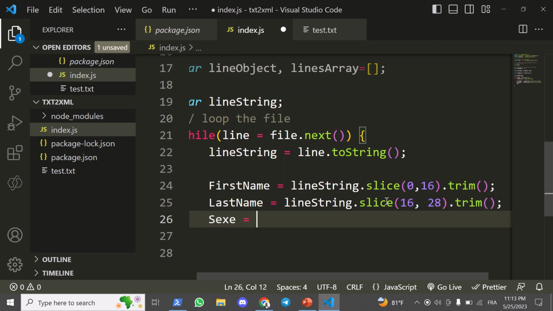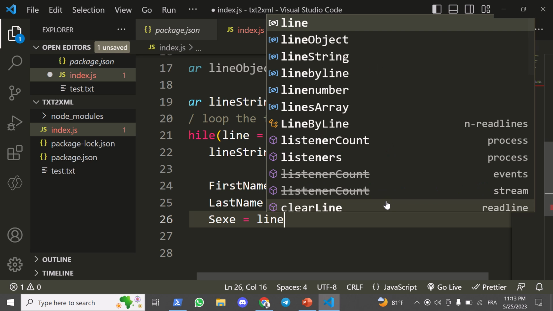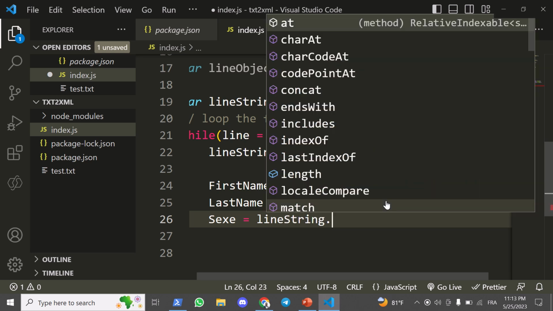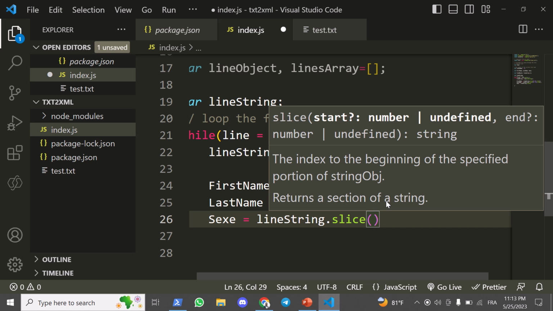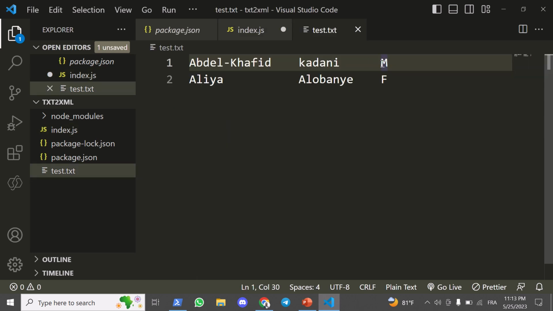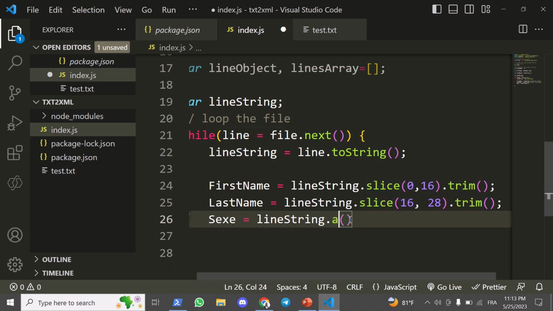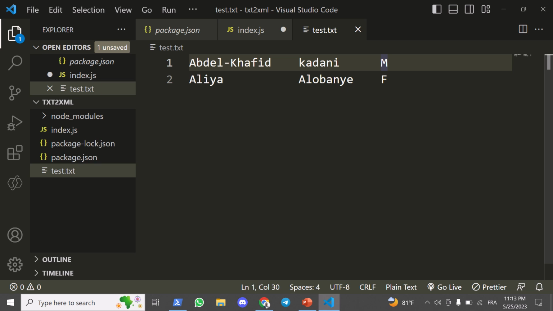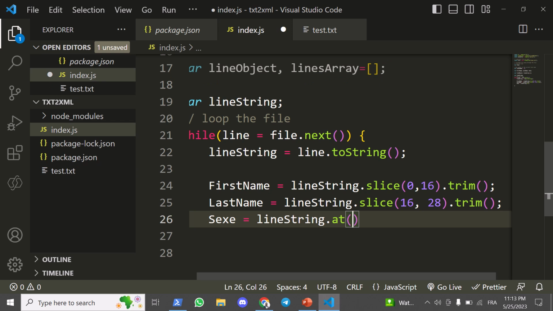So the third value to take is line string dot slice. As the sex data is a single character, we will just access it by using the add method. You could say that is here. Alright,